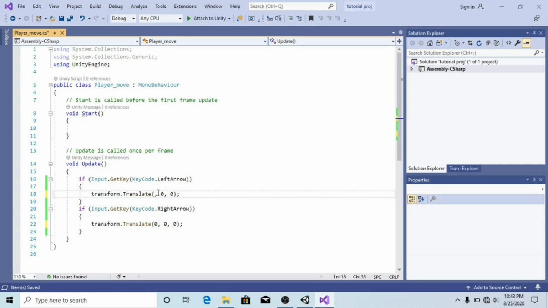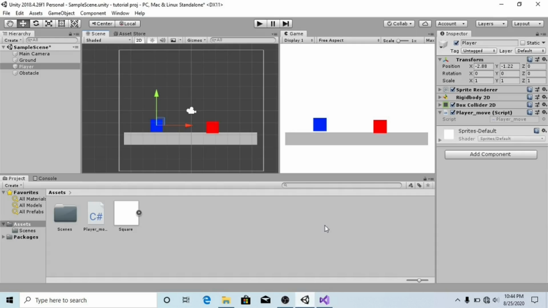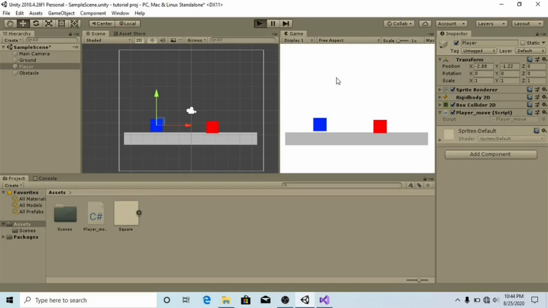So here we're going to put in a minus sign because we're going to be subtracting. Let me give it a value of 1, and here we're going to be putting 1, because we're going to be adding to it. We can say +1, but there's no need for the plus. Put in 1, and then when we head back to Unity, if I play the game, when I press the right arrow, we see it moving, and left arrow moving left, right arrow moving right,